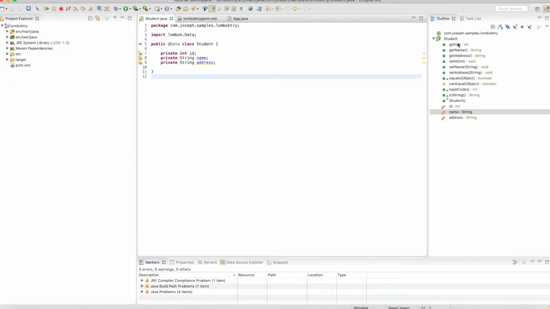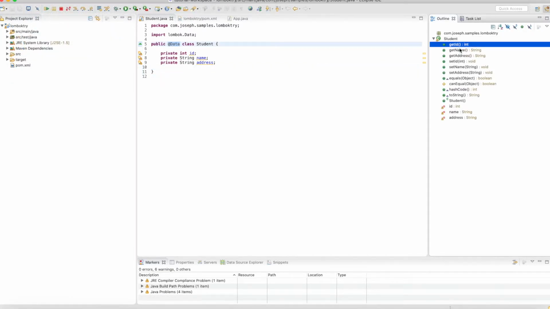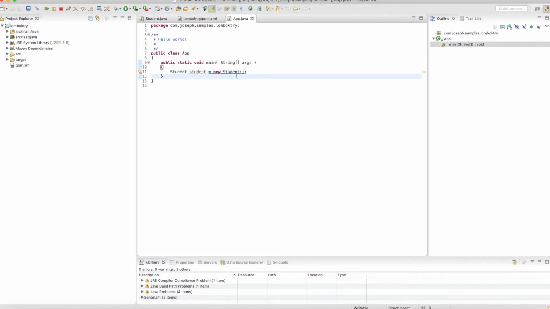So now you can see we implicitly have getters and setters. So even the equals, hashCode, and toString, which is very convenient. Now here in another class, we can see that we can really use those getter and setter methods. For example,